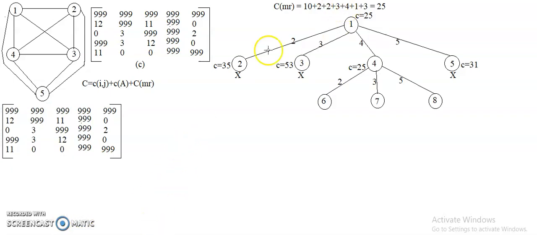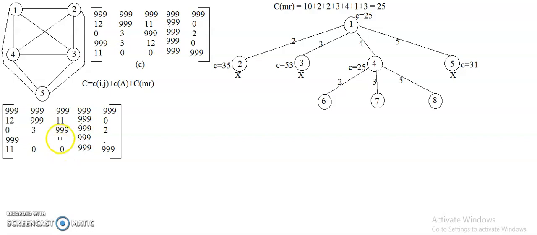Already 1 to 4 is mapped as infinity, because we have already explored that particular node. Now 4 to 2: all the elements in the 4th row need to be updated as infinity, and at the same time the second column elements need to be updated as infinity.